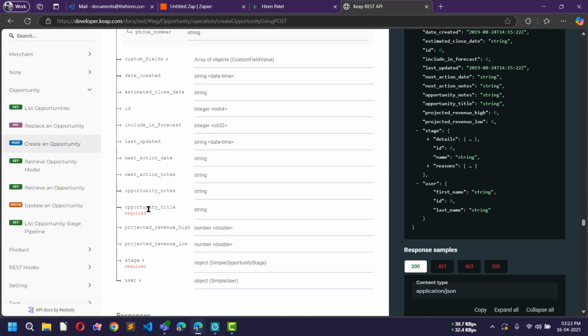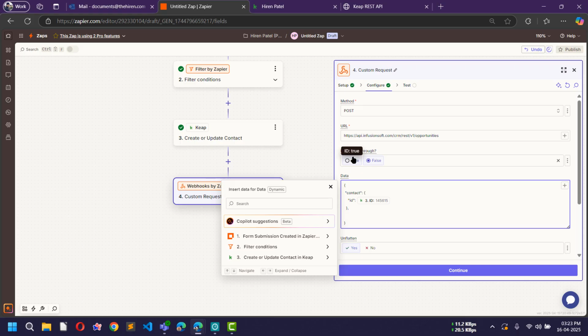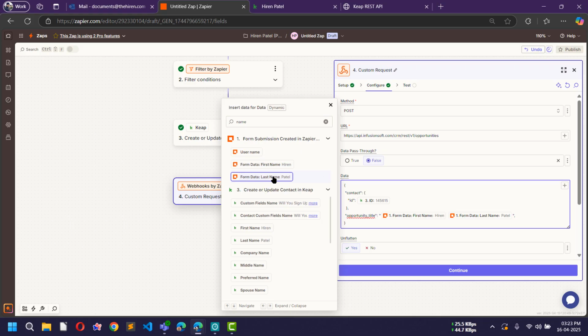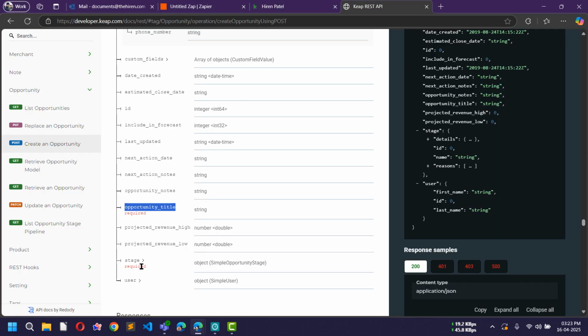and then I will come here and copy this field opportunity title, and I will paste it here. Now in opportunity title we will use first name and last name. So here I will search name, so I will get the name from here. So this is the first name and this is the last name, and we can concatenate with any string. So I will concatenate with the opportunity. Okay, now I will also use one more field, which is